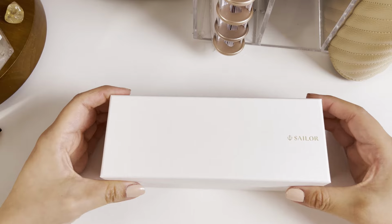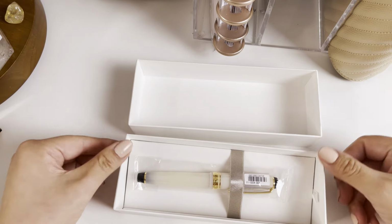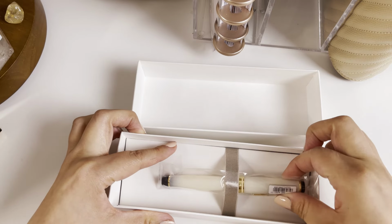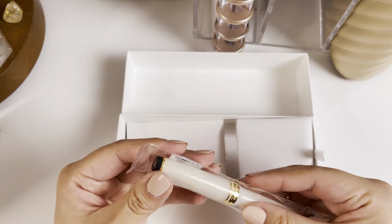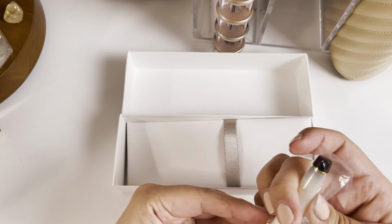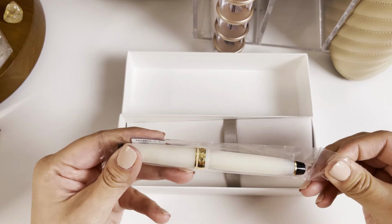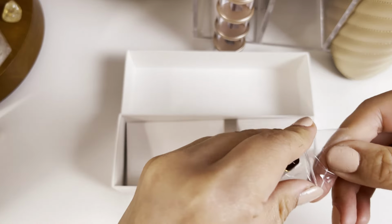I'm very, very excited to see what this looks like. Oh, it's beautiful. This is beautiful. This is a beautiful pen. Very, very nice. It reminds me a little bit of a pen that I lost, which was, I can't remember